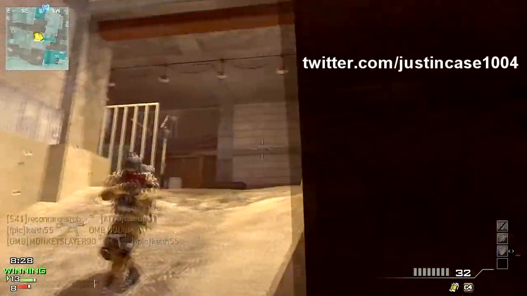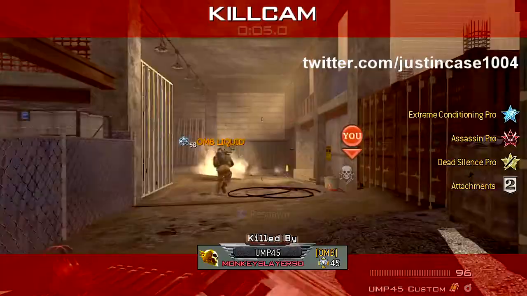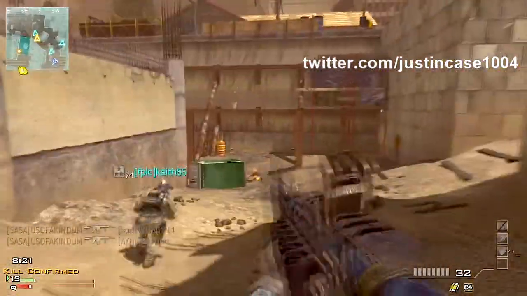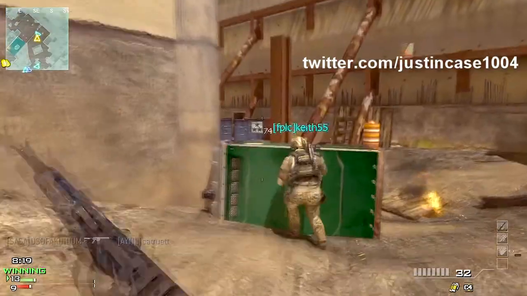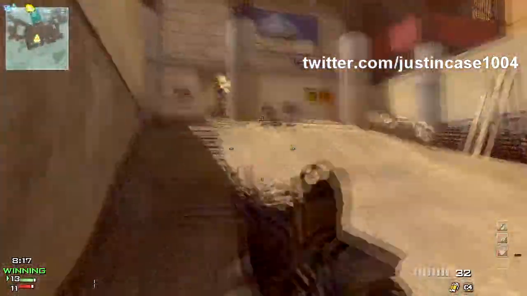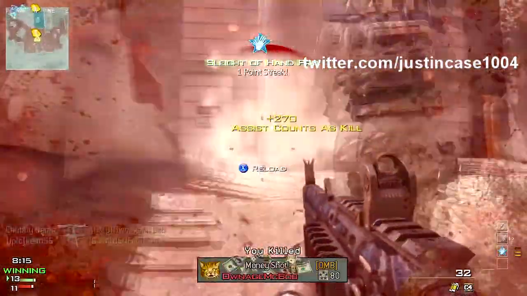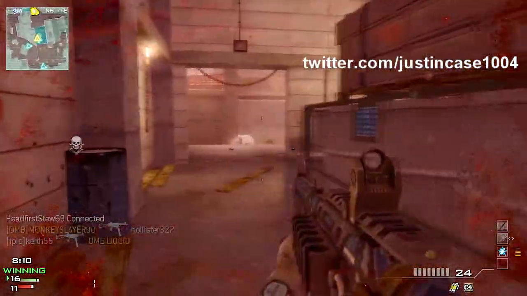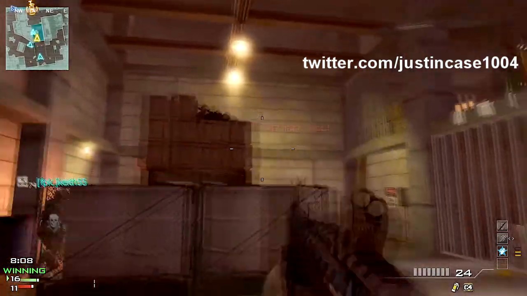So as you can see, I have sleight of hand, extreme conditioning, and dead silence. And my regular perks are hardline and steady aim pro, because if you have hardline, that first perk you get in one kill, you don't have to reload anyway. And for secondary, you probably want to use the MP9. I'm using the Magnum so I can level it up, but the MP9 is kind of like a mini MP7, so that's a good secondary to use. But yeah, with all that gameplay stuff out of the way,